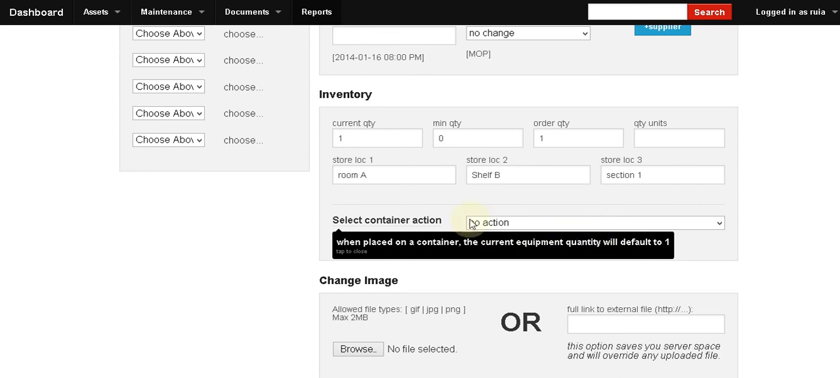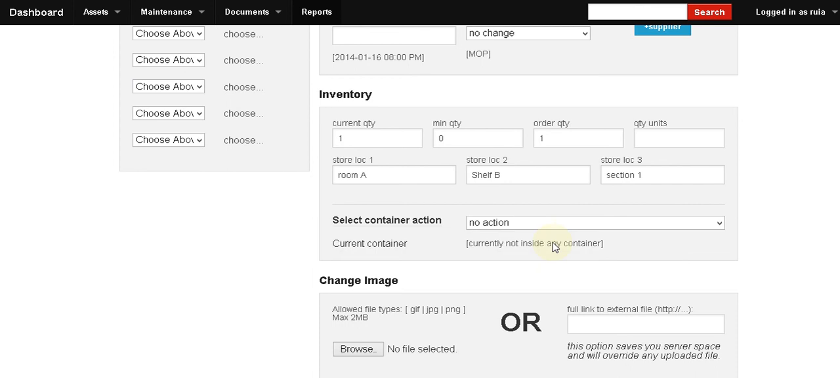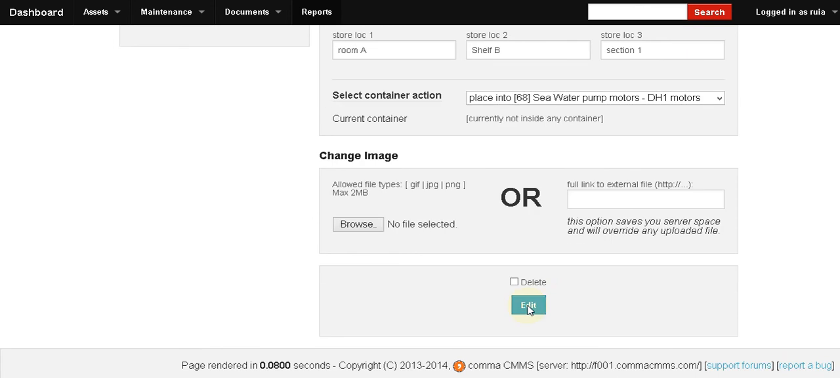So yes, like I said, all the quantities of equipment that are inside the containers are calculated automatically. As you can see, the current container is not inside any container, so we're going to place it inside. There's only one container in the system. If we had more, the list would be longer in here, but in this case we only have item 68 we've just added. So we're going to place this motor onto this container. Okay, that's it. So we're going to add it,